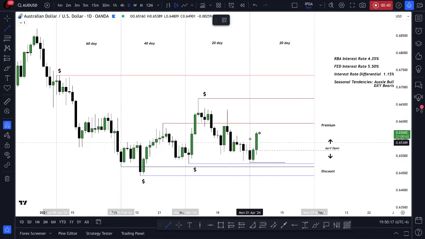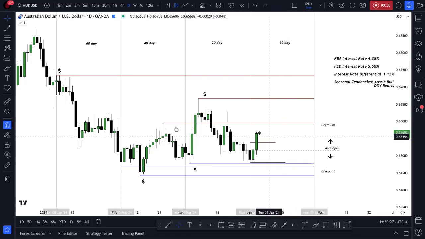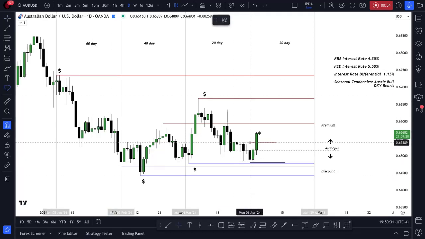Now, the reason I would say it might continue trending higher is because we just broke a swing high here and we broke a swing high here. The fact that we broke a swing high to me means bullish momentum may be coming into the marketplace. So we'll put this here to remind ourselves that this is something we need to be paying attention to. So that's bullish momentum. After that, if it's going to continue to go higher, it needs to print a higher